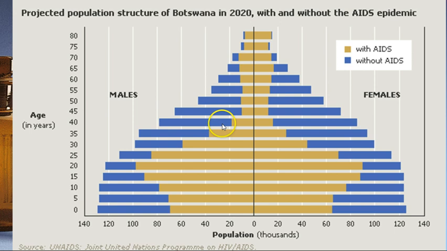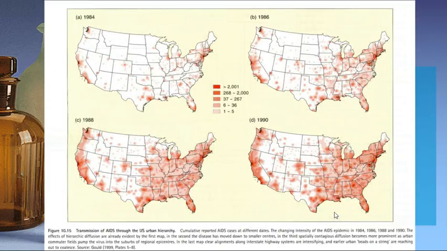You don't have a labor force. You have a lot of younger people. You have a lot of orphan children. And you have a lot of children who are born with AIDS. And then you also have a decrease in the number of children that are born in general, right? So not good stuff. And then when we look at the spread in the United States, the index case for